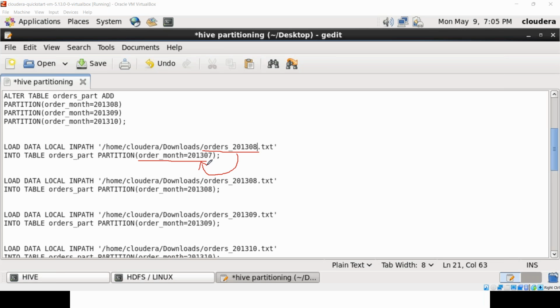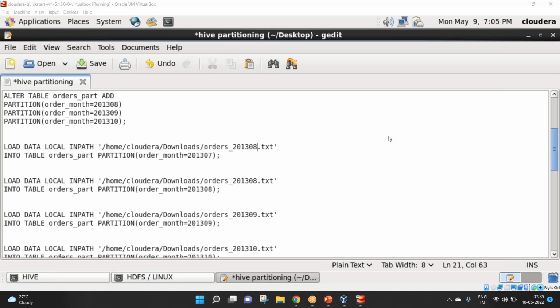So that is one of the problems here with respect to static partitioning, right? Even though we are able to load the data, it is logically incorrect. It is logically irrelevant data. We are trying to load the data into the right partition, right? So to avoid such problems, we generally go with dynamic partition,